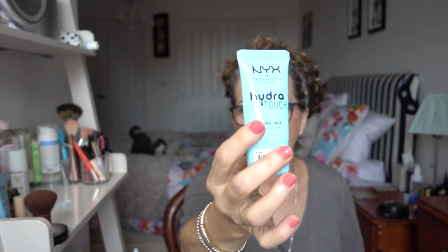Hydration primers. I have 4 that I use frequently. The NYX Hydra Touch was introduced to me by my daughter, and I've been a solid believer of it ever since. I'm keeping this empty one for my empties, but I have a replacement of it. The NYX Hydra Touch has a silicone in it, and so therefore it can be used above your eyes, so you don't necessarily need to buy a separate primer. There are a lot more that you can spend a considerable amount for, and I have got one that I spent a considerable amount for, and I do not notice any difference in the primer quality. So don't feel that you have to spend